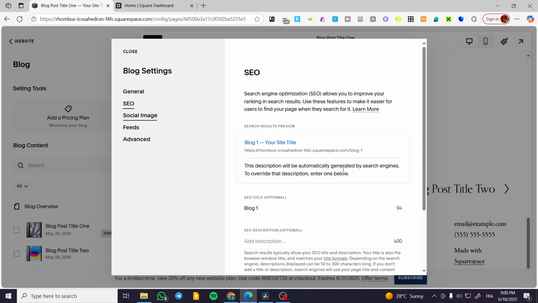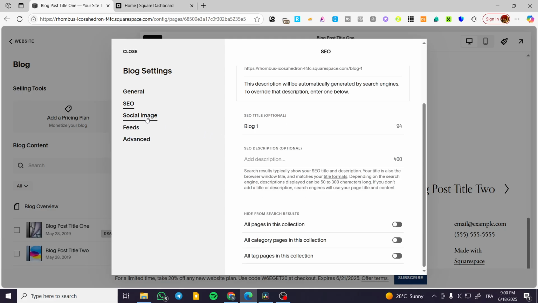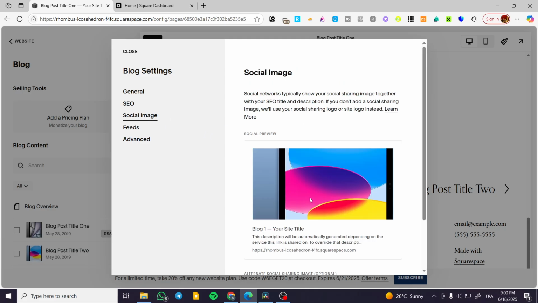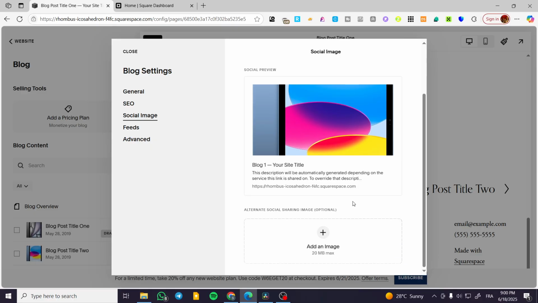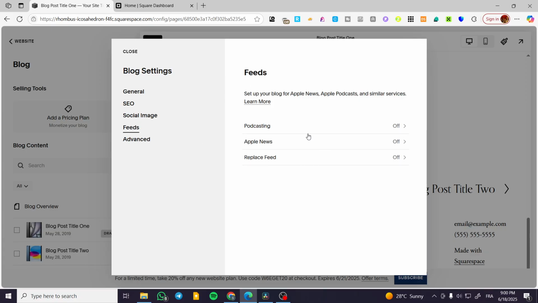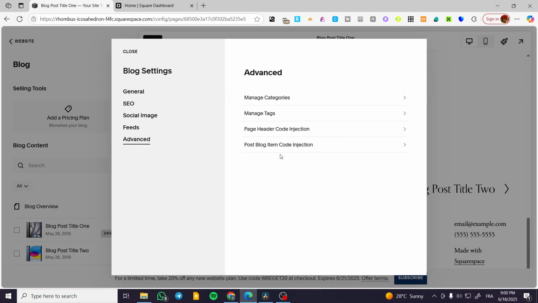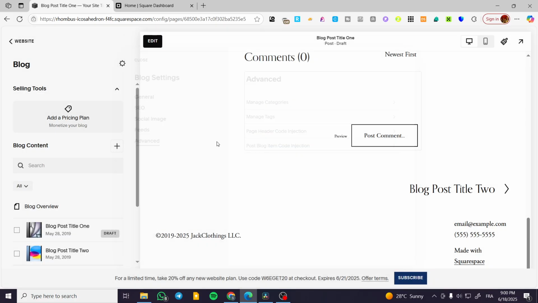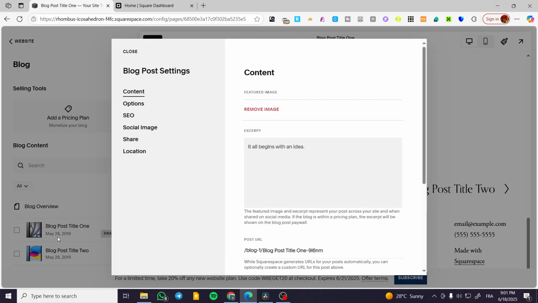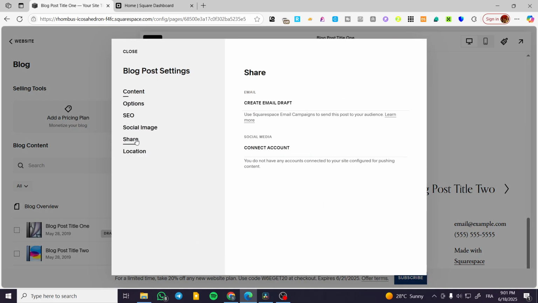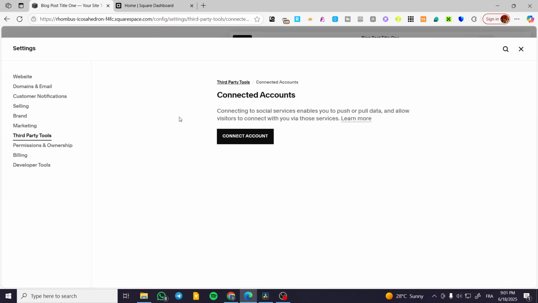You can see that the blog posts are going to be here in the social results, or you can have the social sharing image. The feeds are going to be right there. And for the social sharing, it is going to be from the settings of the post. We can click on Share,